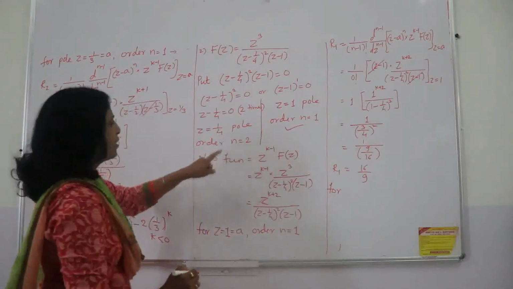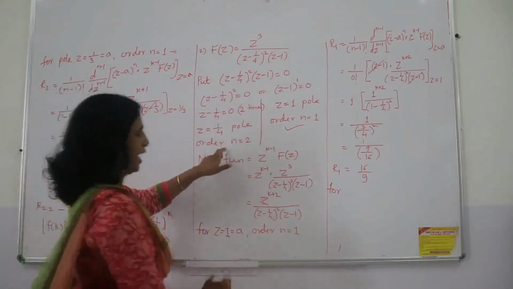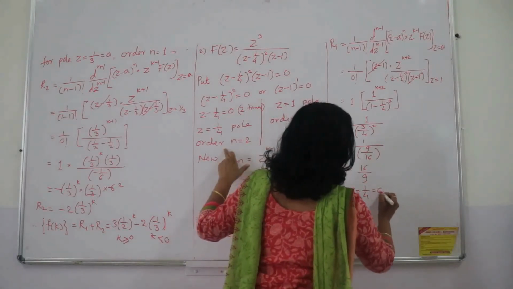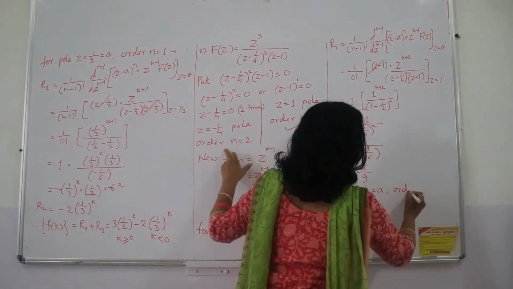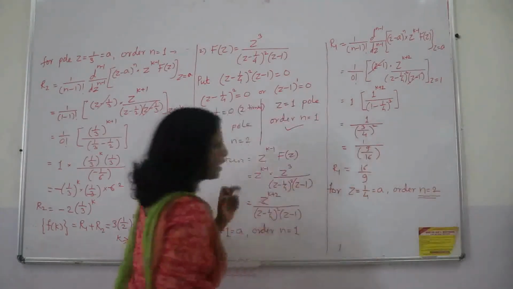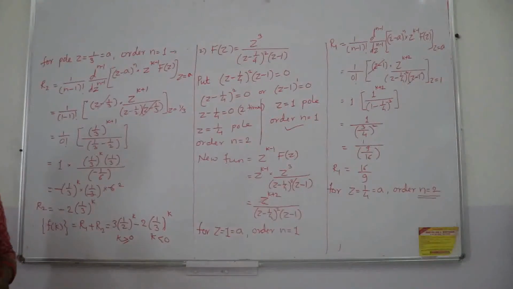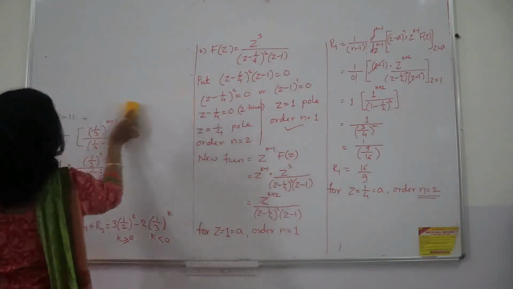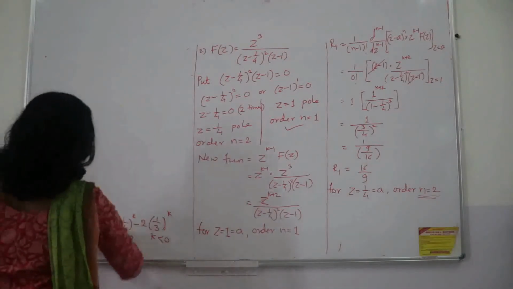Now I have to go for the second pole. That is the part, this is a very important thing. For this I have taken the example. So z is equal to 1 upon 4, this is the pole, and for this the order n is equal to 2, and here is something new which you are learning, and actually the example is taken for that. Right? So let us work it out. Here we will go for the derivative.